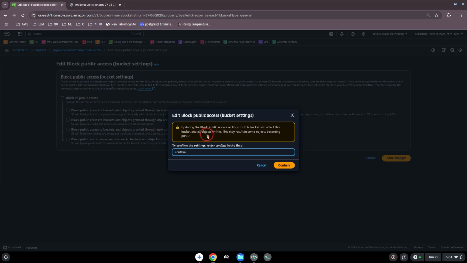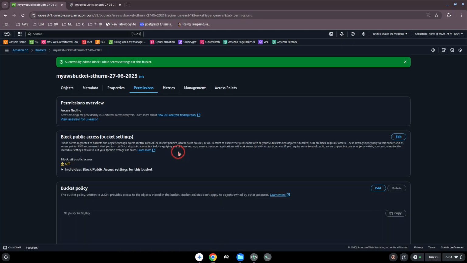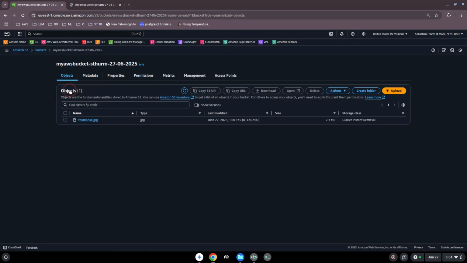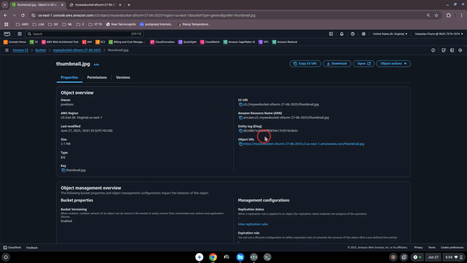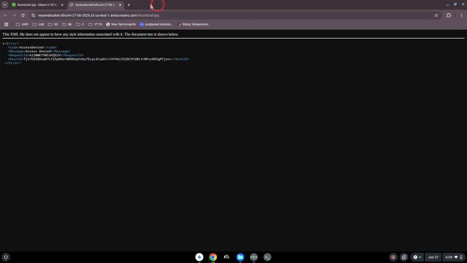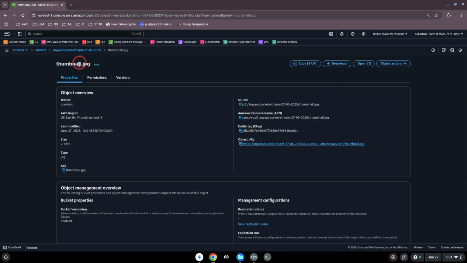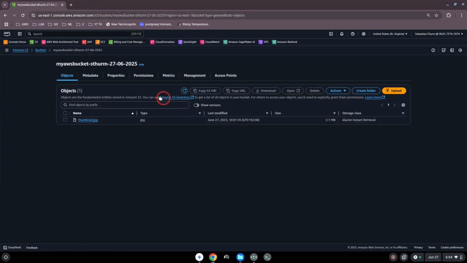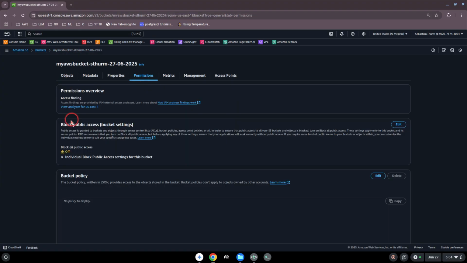Because to make your whole bucket accessible, usually you don't do this, but in this case we do it. Confirm. And then we go back to our objects. We will try it again. It doesn't work